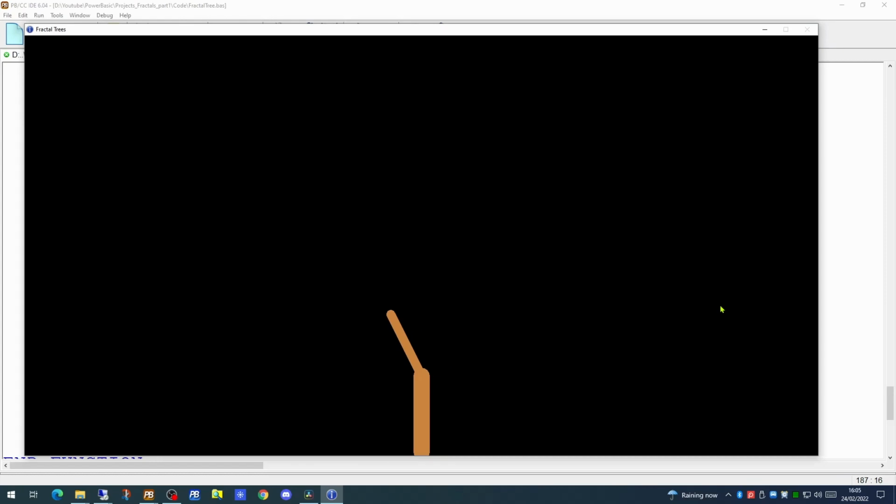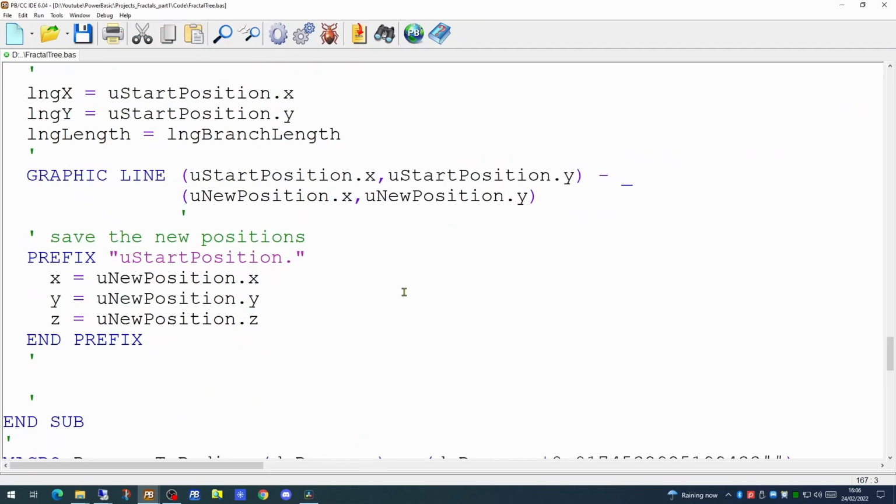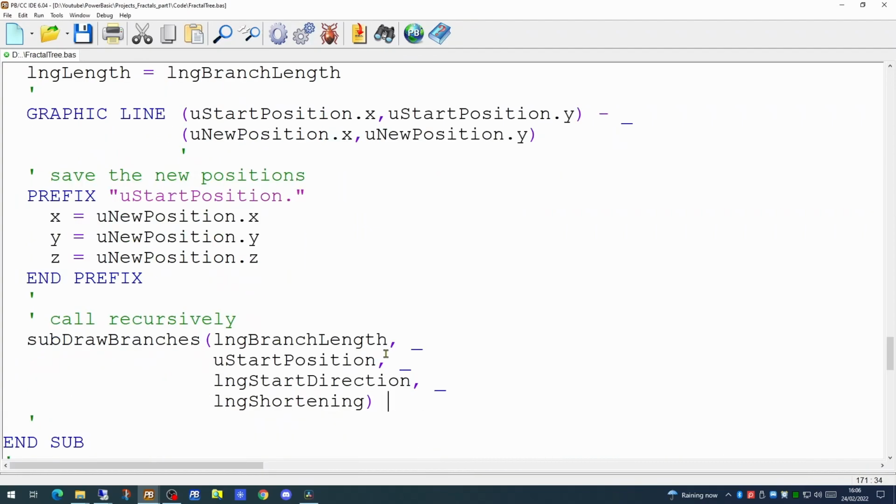You will see we now have the trunk and we now have a left hand branch. So that only draws the one branch. But what we're going to do now in the draw branches subroutine is we're going to call the routine recursively. So at the end of the code in that subroutine, we're going to call it once more. It takes exactly the same parameters, and as it calls that subroutine again, it will pass all those parameters down, they will be calculated, and it will be drawn on screen. So if we try running that now,